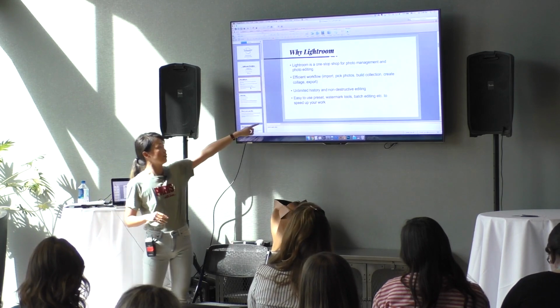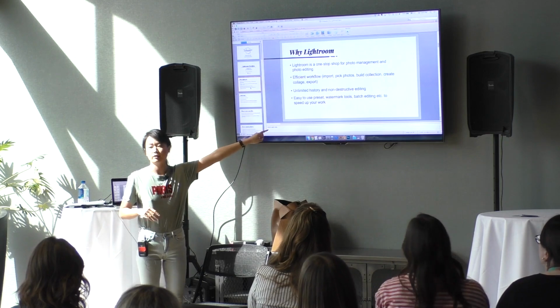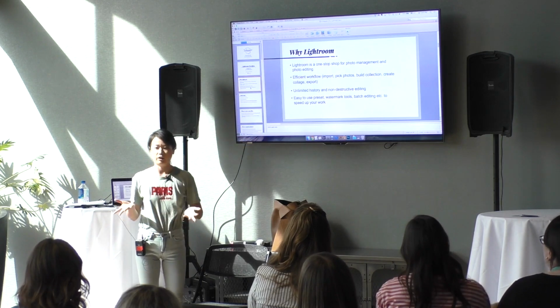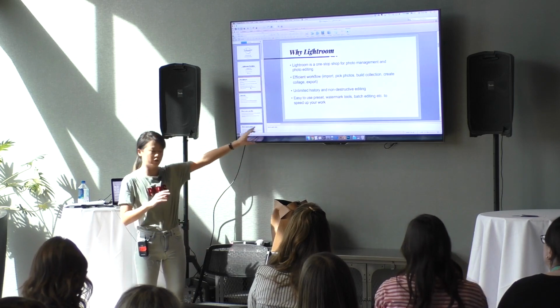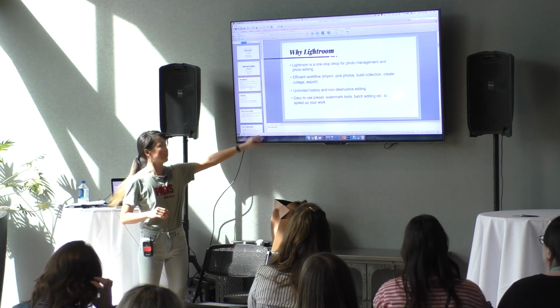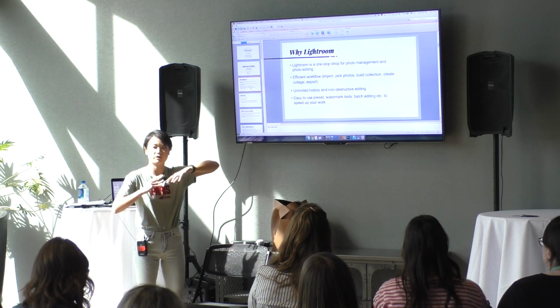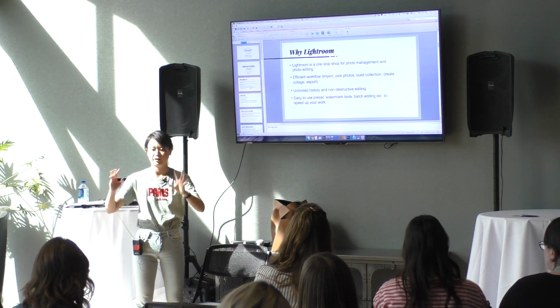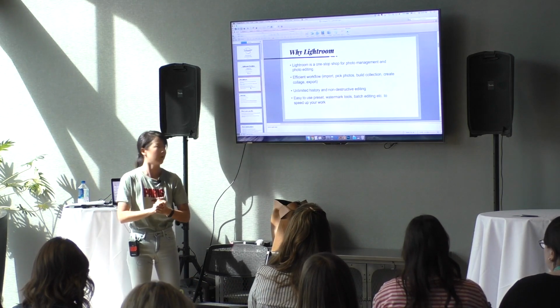And the other thing is, it's so easy to use presets in Lightroom. It's basically a filter. If you use Instagram, it's the Instagram filter that gives your photos a different, very unique color. And it is a great method to build your brand. Just let your readers know, oh, this is your photos, like a style.